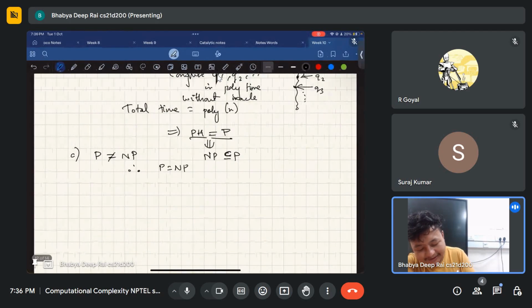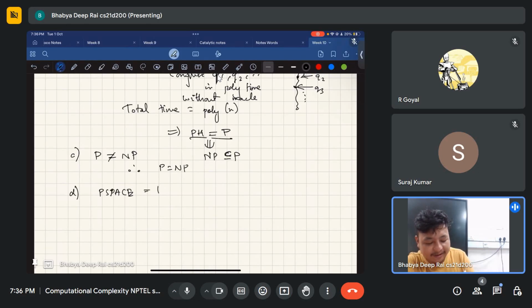And D, which is P space, is equal to P. This will still be open. P space will not be affected, or at least there is no trivial reason why P space could be affected. P space seems to be a bit aloof from all this,